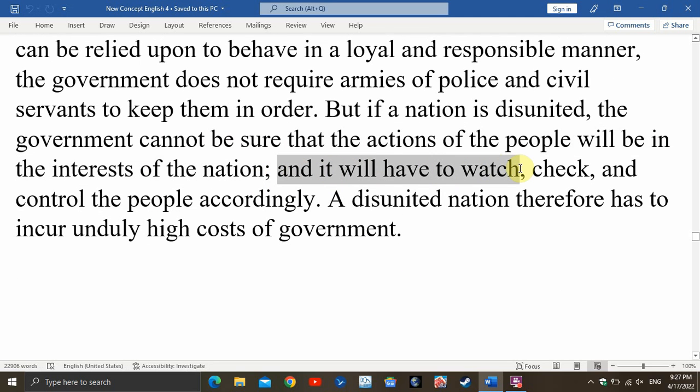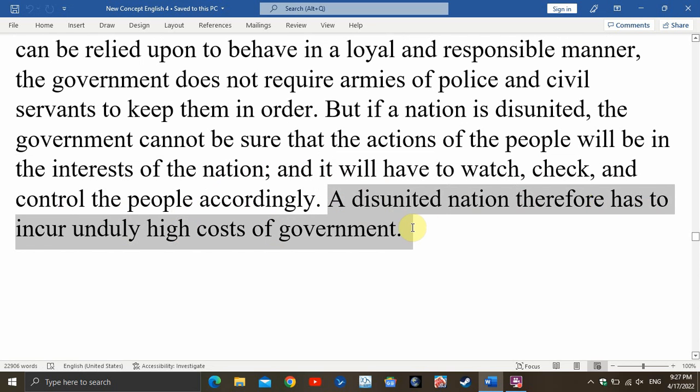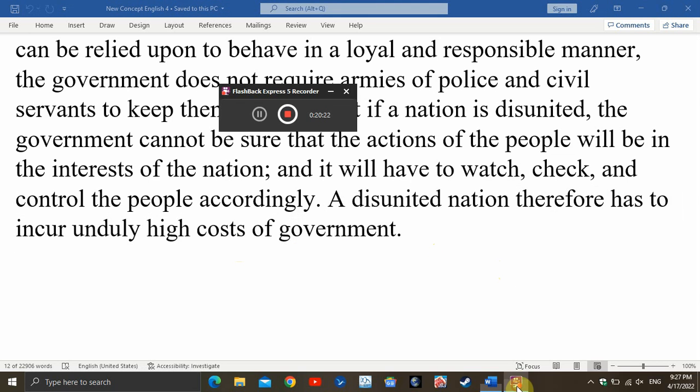and it will have to watch, check, and control the people accordingly. 那么这里的 it 是指这个 nation，this nation will have to watch, check, and control the people accordingly. This nation therefore has to incur unduly high cost of administration. 这个是简单句，对不对？这是简单句。好，那么今天这一课讲到这里，谢谢大家，再见。